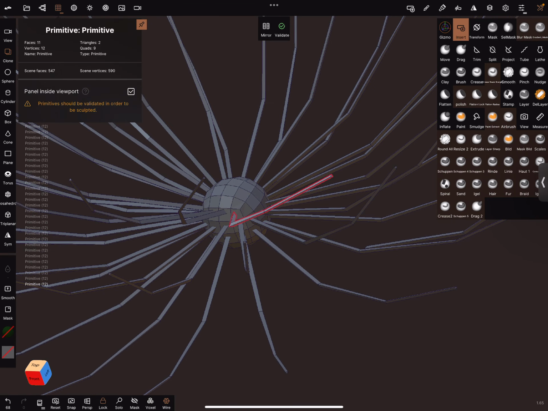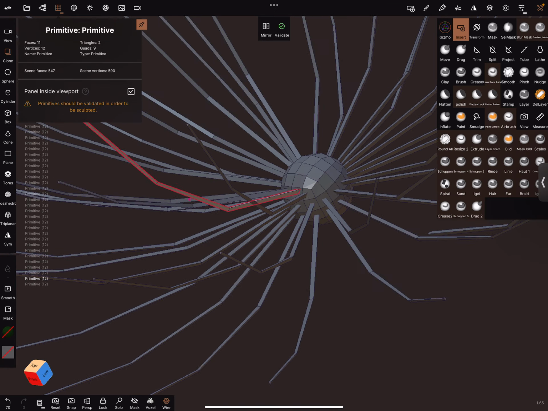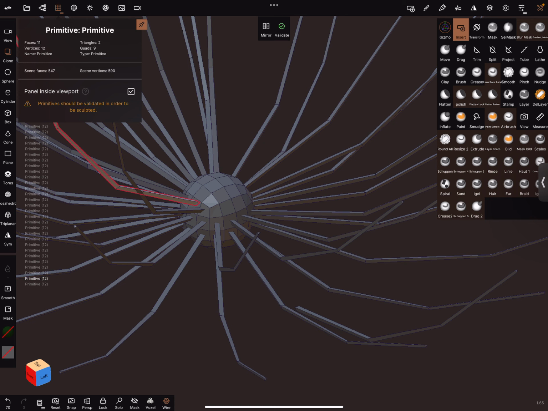And now when we need a rotation here, we can go to the transform tool, activate rotate, and bring this in position. Unlock it. And now we can use the insert tool again and change it to move.